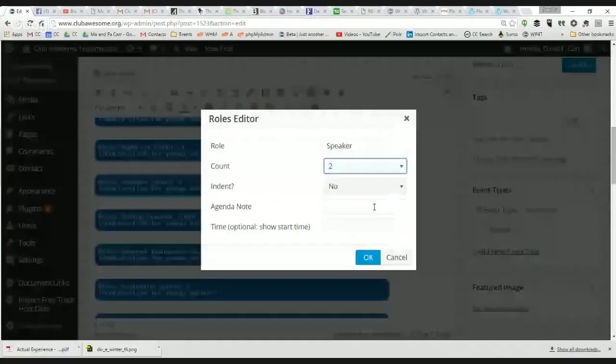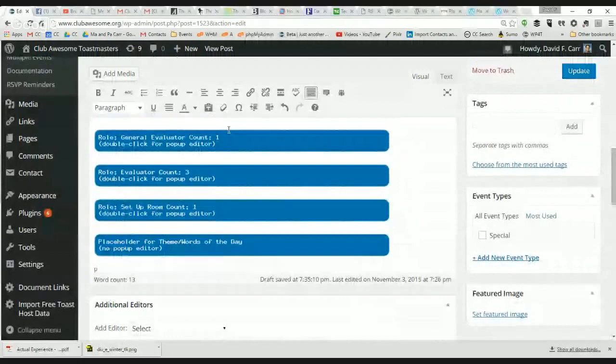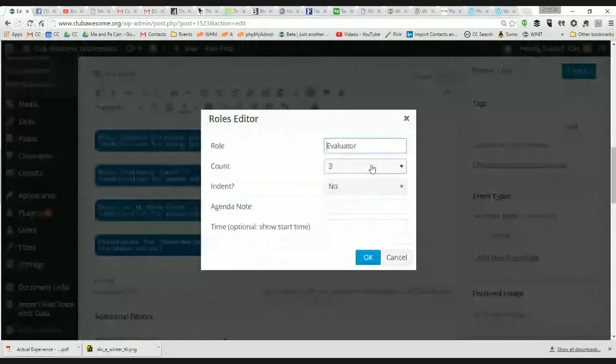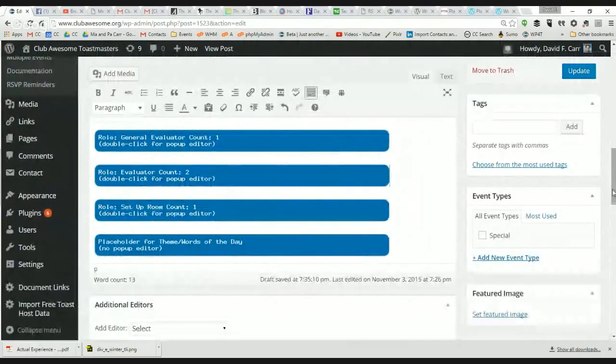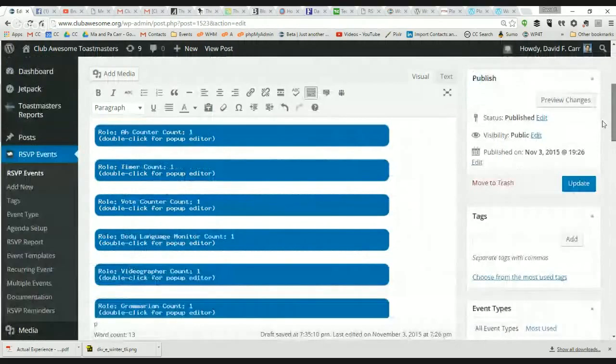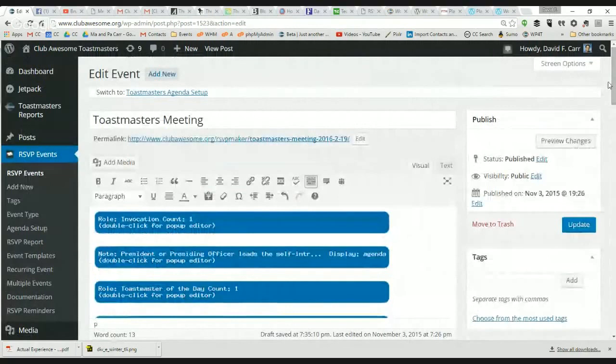So this is how I would decide that for this particular meeting, maybe because somebody's giving a longer speech, we're only going to have 2 speech slots instead of our usual 3. And if we have 2 speeches, we're also going to have 2 evaluators. I'll come back to this more a little bit later when I show how to set up a new website.